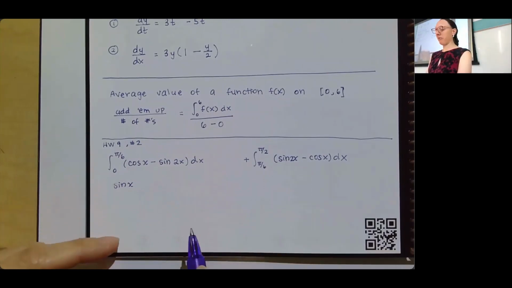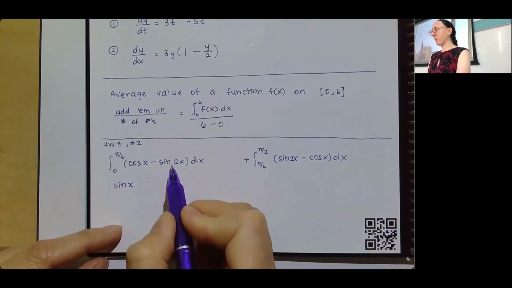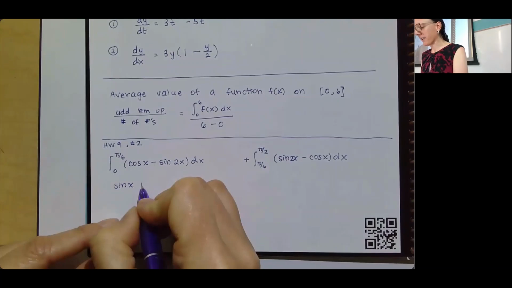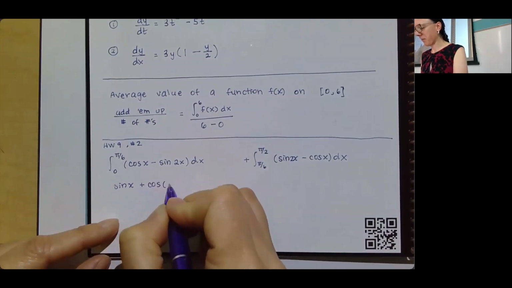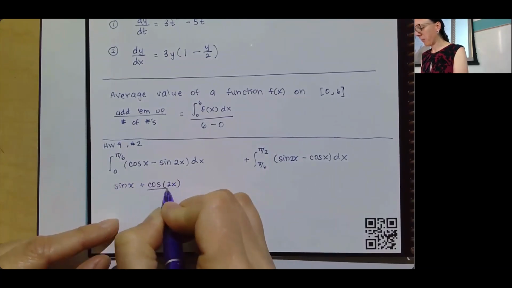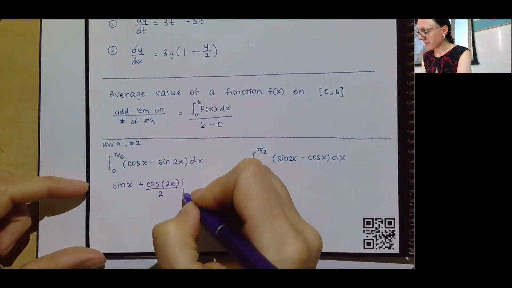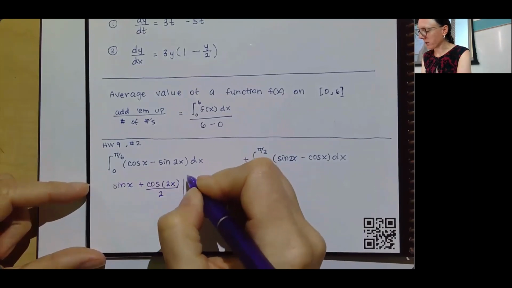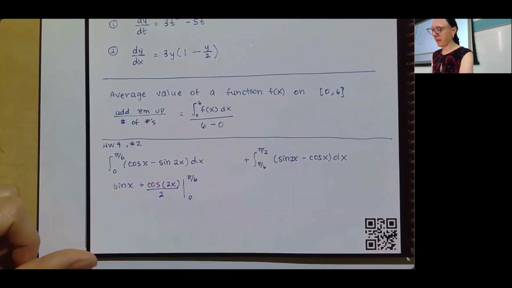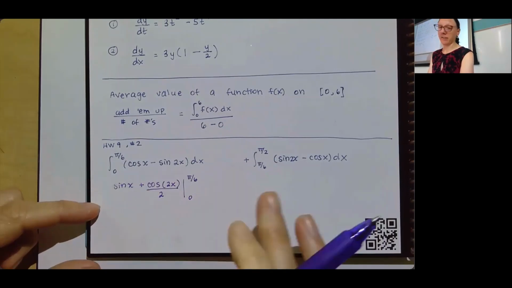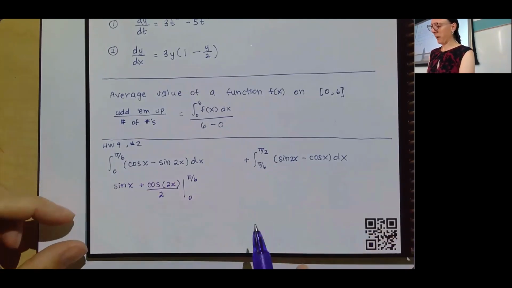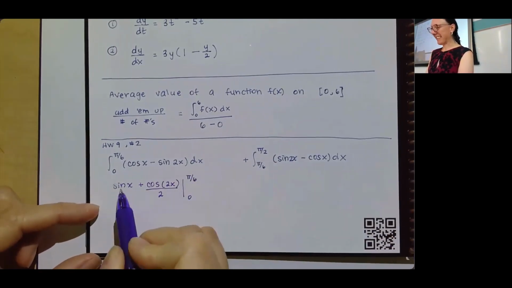The antiderivative of negative sine of something is positive cosine of the something. And I have to remember to divide by 2 because I'm undoing that chain rule part. And all of this is getting evaluated from 0 to pi over 6. So if I plug in, I know I've got another integral to do. Don't worry, I won't skip it. So if I plug in pi over 6,